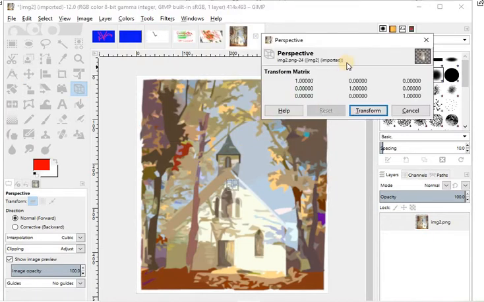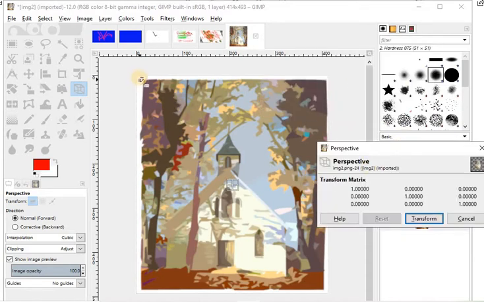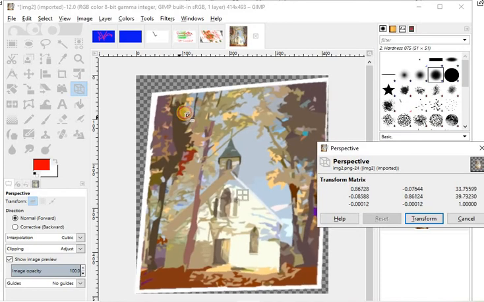This is the dialog box. We can change the angles, but just with the help of the mouse we can also do this.